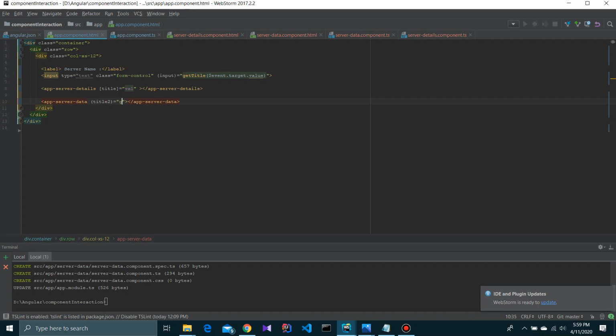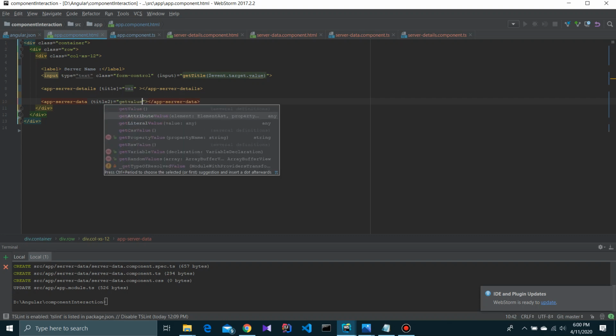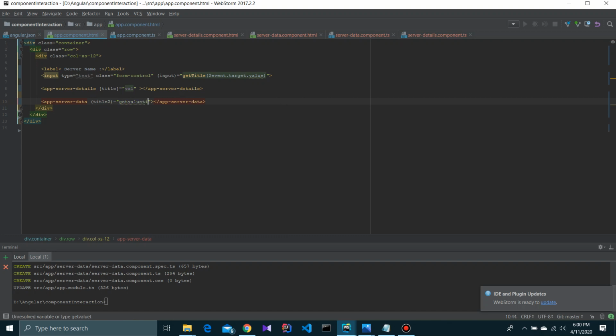So I'm going to give another function and get the event data that is passed from title to event, and I can declare this function in a